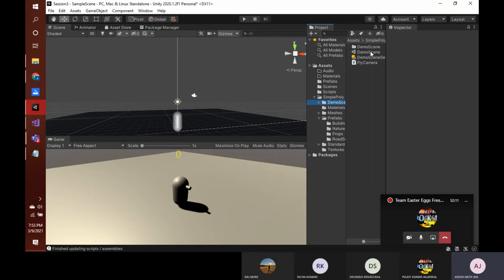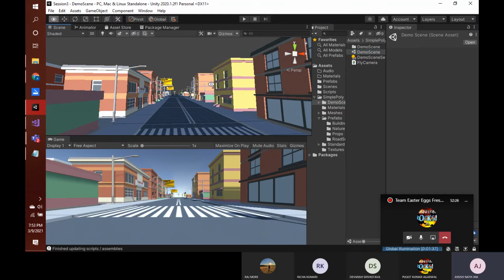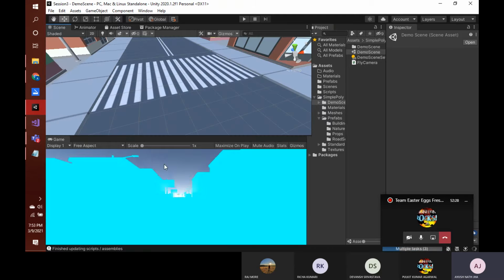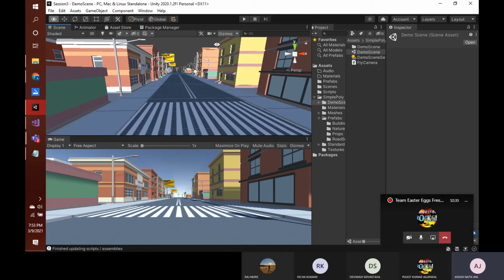So if I double click on this, let's first save this scene. Be sure to save the current scene so that you don't lose any information. I just hit Control S to save the scene, and then if I double click on demo scene, it will open this scene. And as you can see, it is a complete, beautiful environment, and you can see how beautifully laid the roads are. It is a complete environment, and it gives much more space for our player to move.